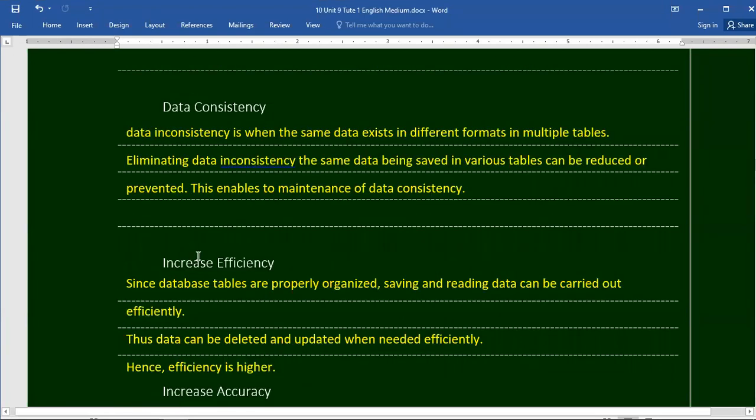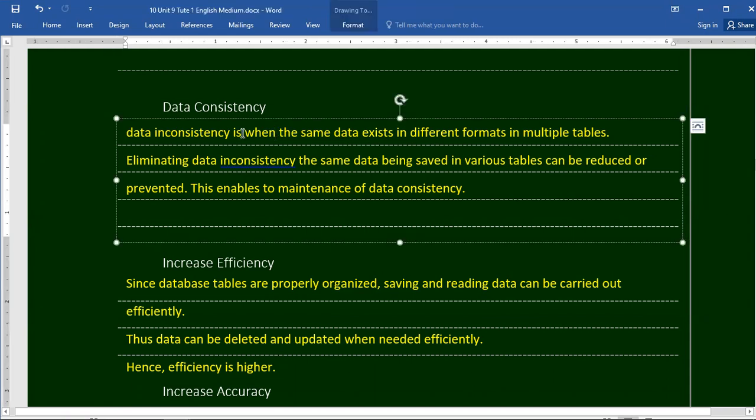Data inconsistency is when the same data exists in different formats in multiple tables. So we have to eliminate that.